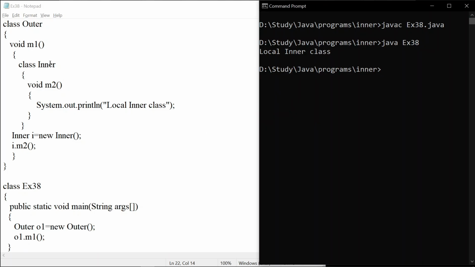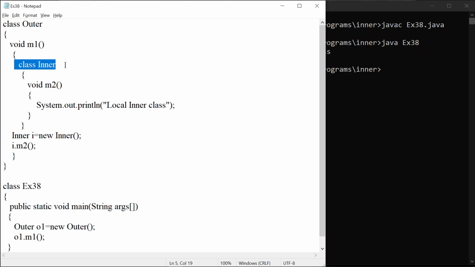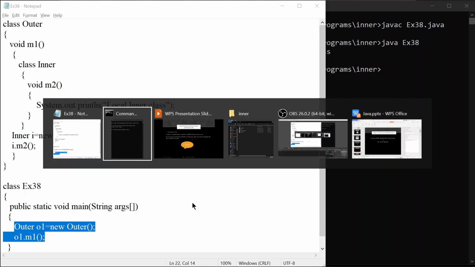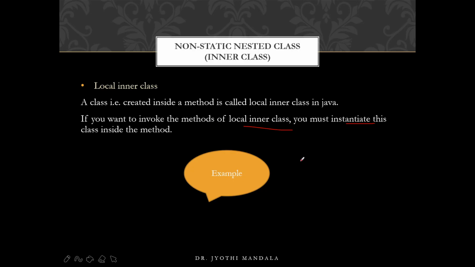Make sure you understand, all of you. Inside a method you are writing one class, that is called an inner class. But if inside a method you are writing any inner class, and you want to access the methods or variables of this inner class, in that method you need to create an object of that inner class, and using that object you can access those variables. And directly this can be called by using the object of your outer class. Right, all of you? So this is the third way of creating an inner class.